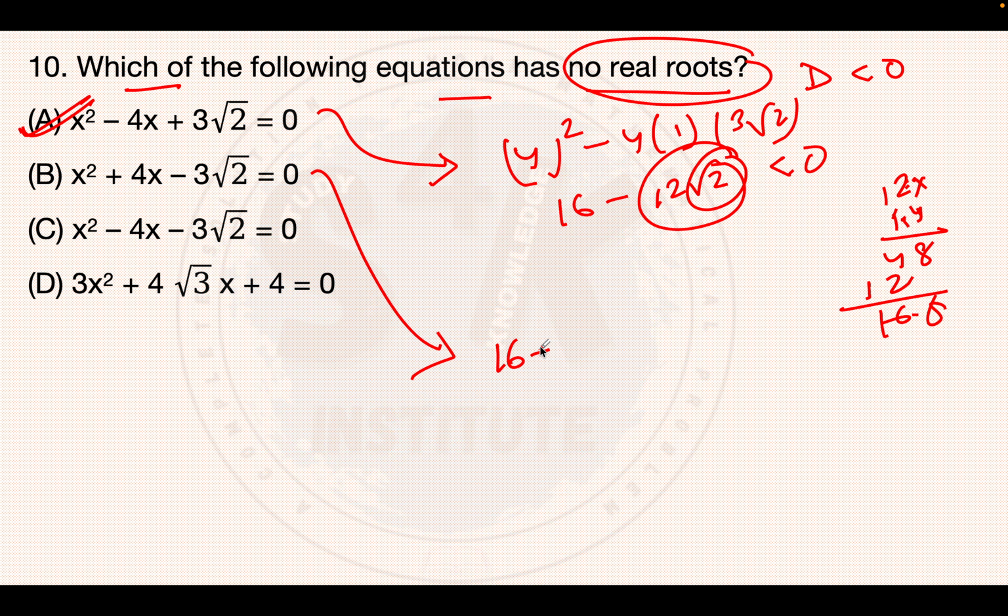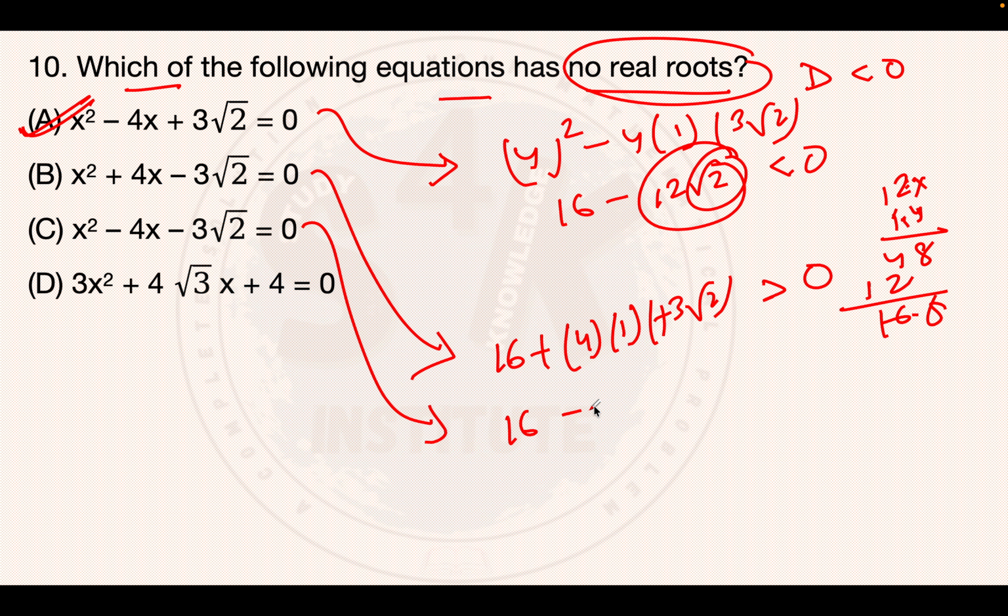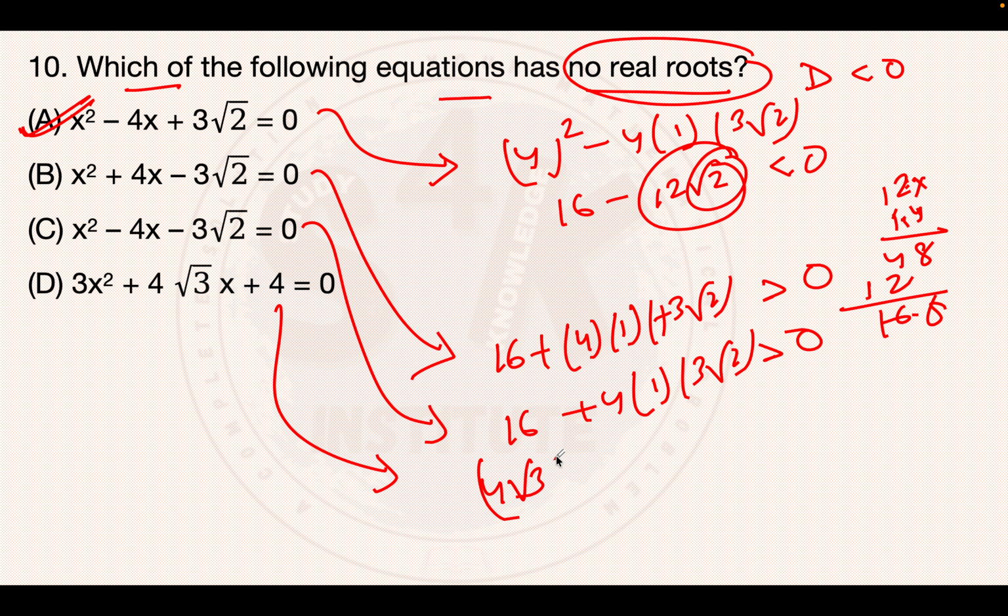16 minus 4 times 1 times negative 3 root 2, so this will become negative negative positive, so this is greater than 0. This will also be positive. 4 times 1 times 3 root 2, like negative negative becomes positive. That I did directly. And in the next one we have 4 root 3 square minus 4 times 3 times